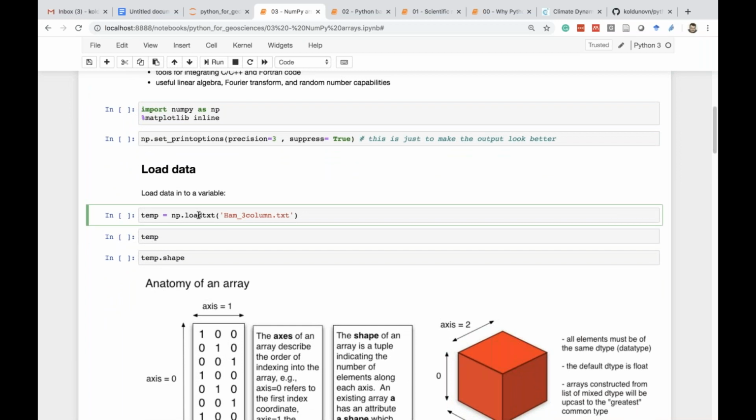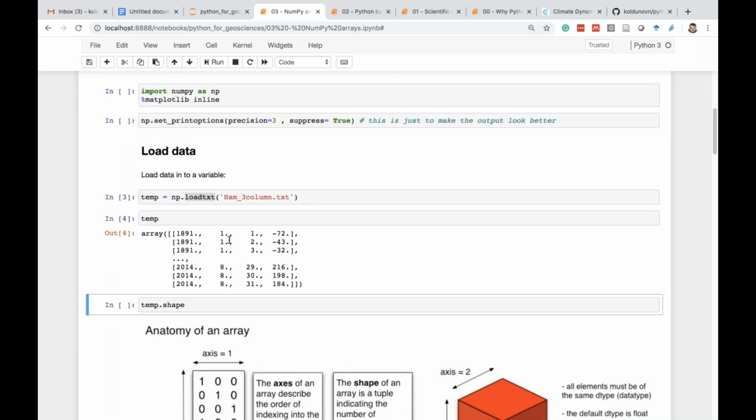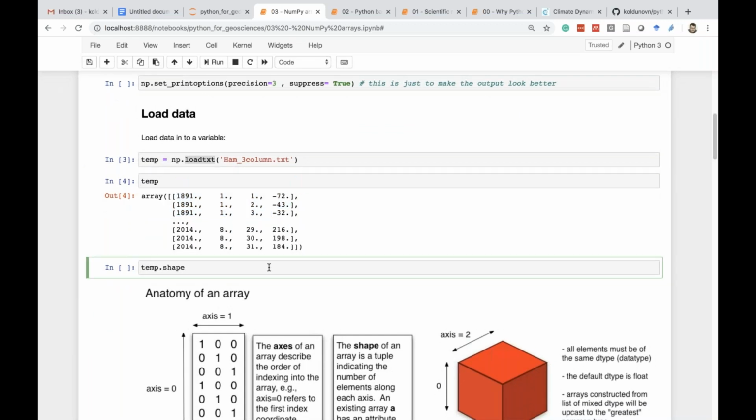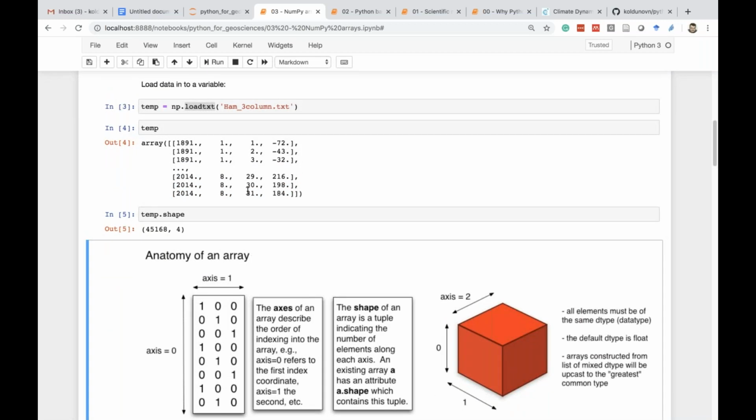Let's just, for the sake of it, load some data into the Numpy array, and we load this data from the text file using the function loadtxt. And this is our data, right? Some numbers. We can look at the shape of it. So it's an array, right? A NumPy array. The shape of it is